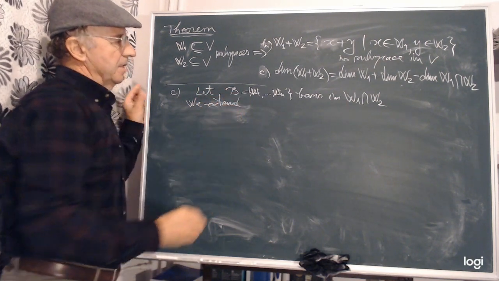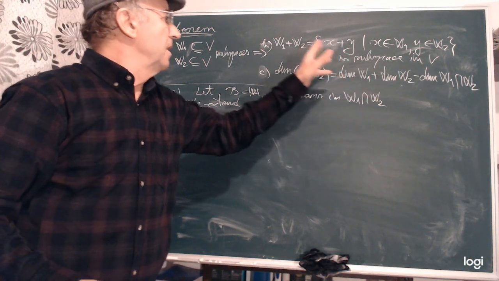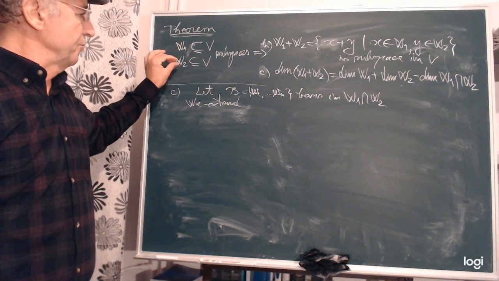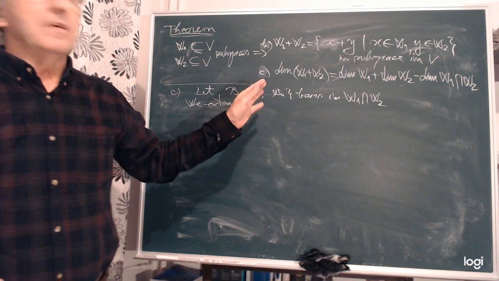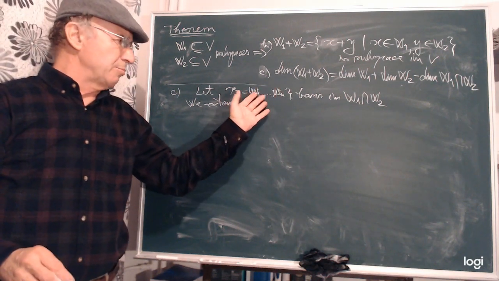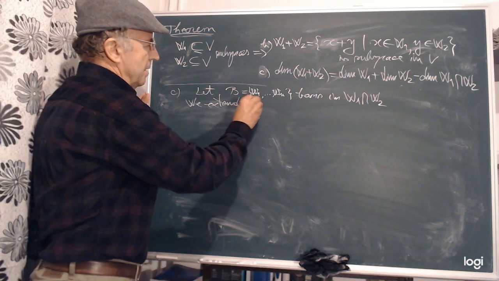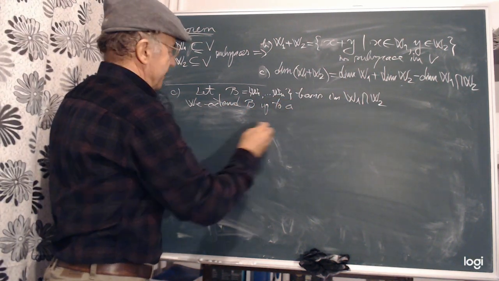It is a system of linearly independent vectors in W1 as well as in W2. So we can extend this set of linearly independent vectors up to a basis. We extend B up to a basis of W1